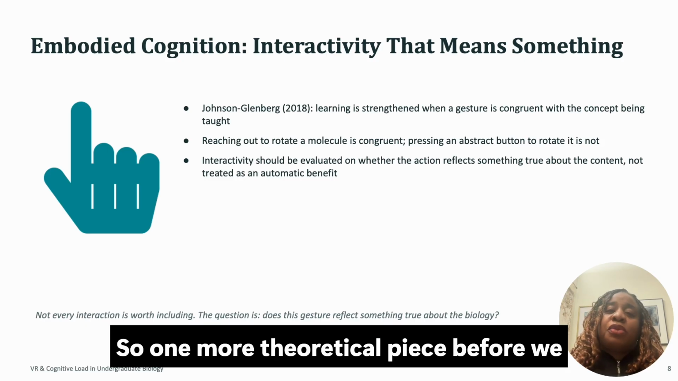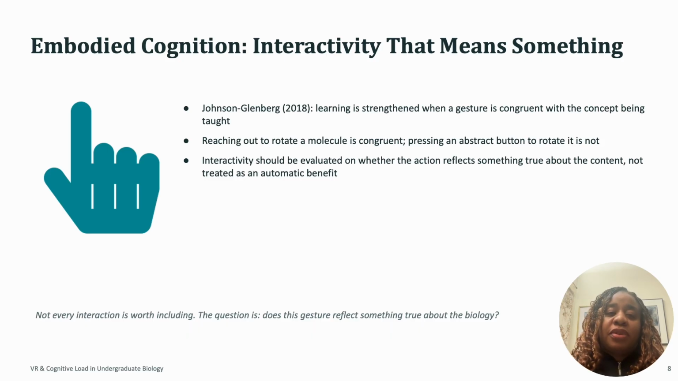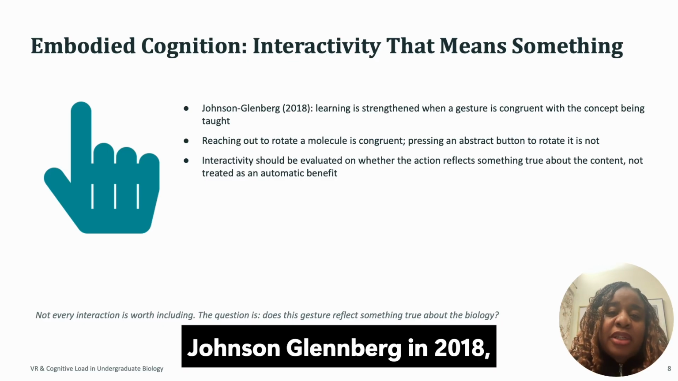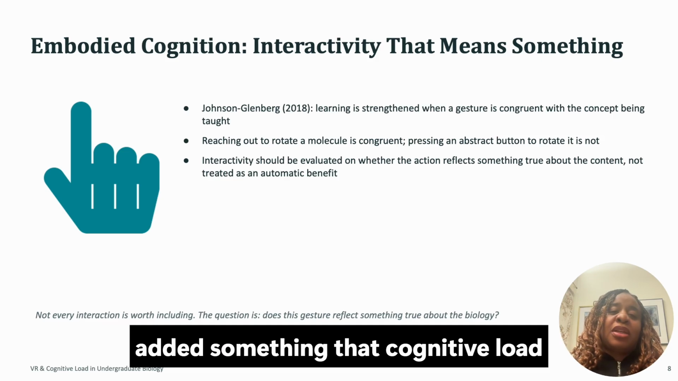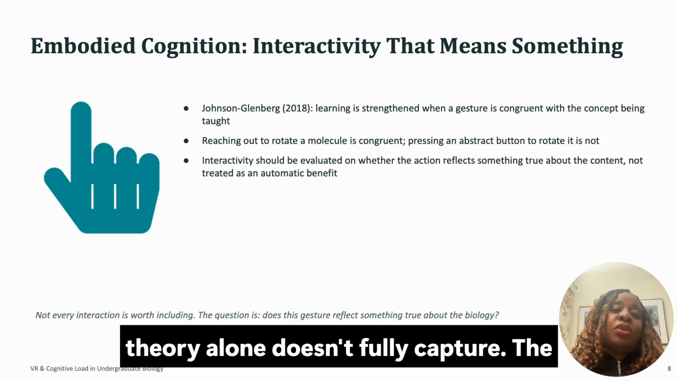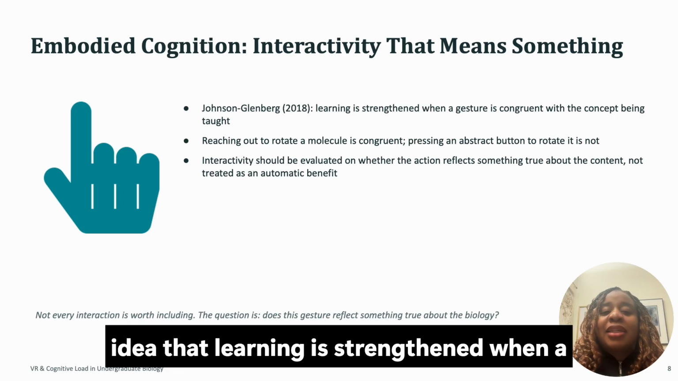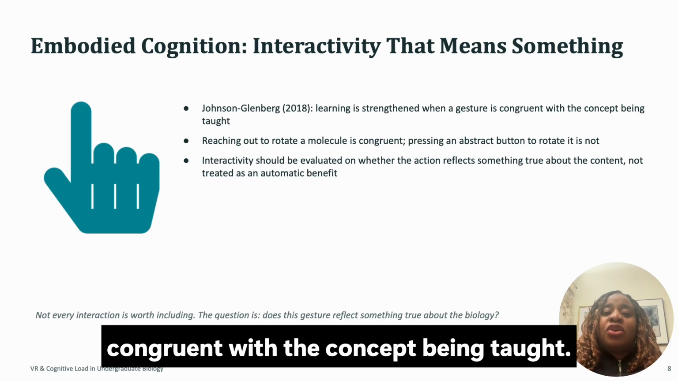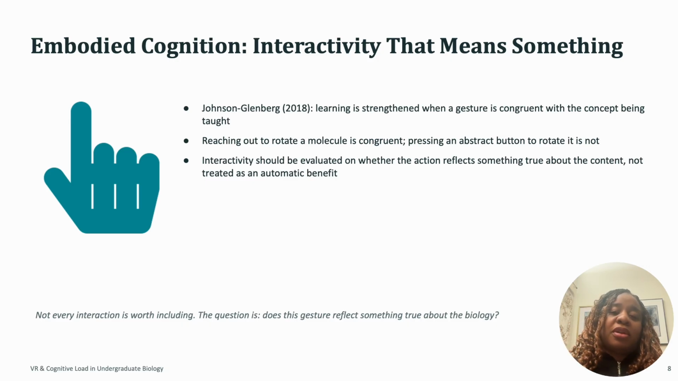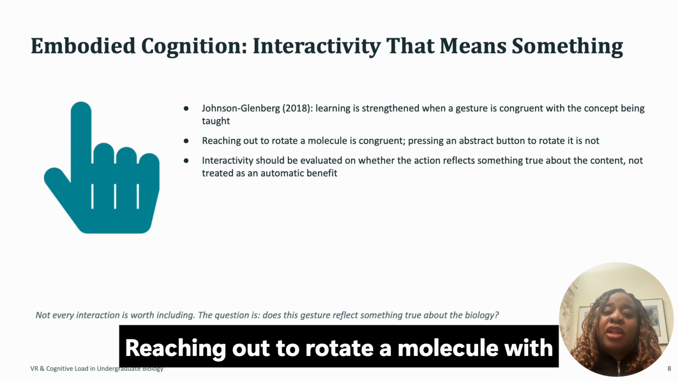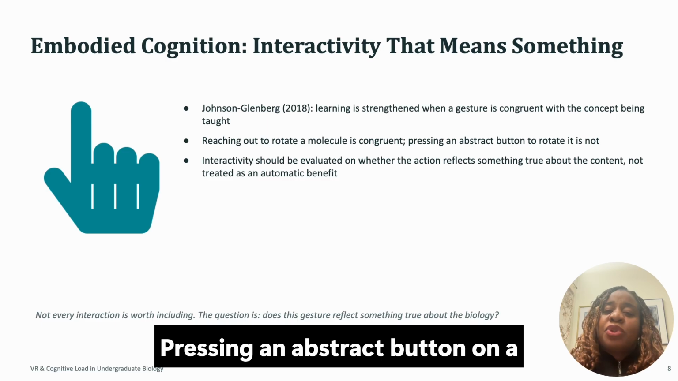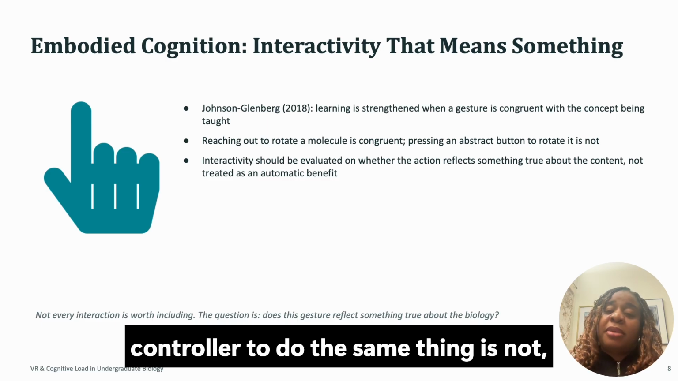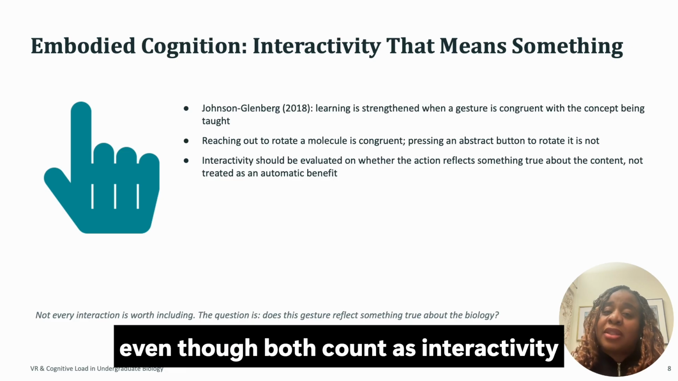So one more theoretical piece before we get to the framework itself. Johnson-Glenberg in 2018, he worked on embodied cognition, and he added something that cognitive load theory alone doesn't fully capture: the idea that learning is strengthened when a learner's physical gesture is congruent with the concepts being taught. Reaching out to rotate a molecule with your hand is congruent with the content. Pressing an abstract button on a controller to do the same thing is not, even though both count as interactivity